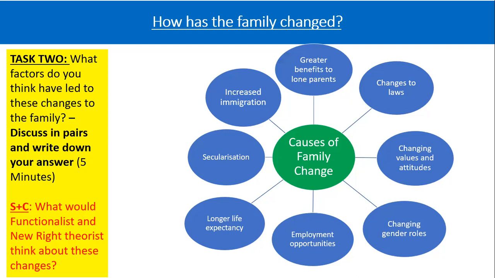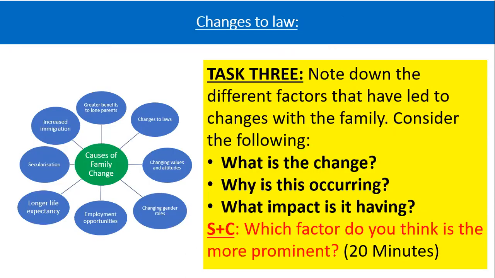So what we're going to do, and this is going to be the main part of the lesson, we're actually going to look at each one of those changes or explanations, causes for family to change in a bit more detail. So what I would like you to do, you can do this in the form of a table, you can just write notes on it, you can do it in a mind map, but just for each one, write a bit more detail about each one of these causes. So we're going to start, I think, with the greater benefit to lone parents. Oh no, we're starting with